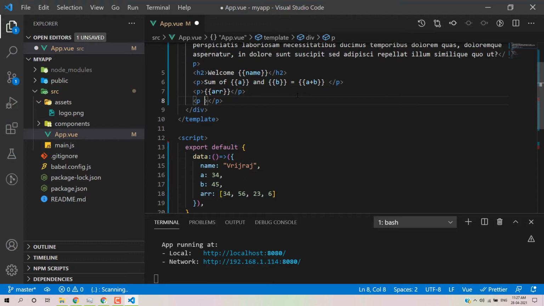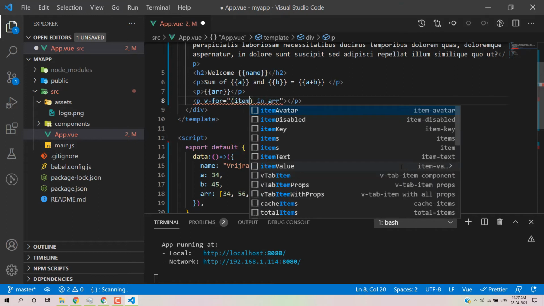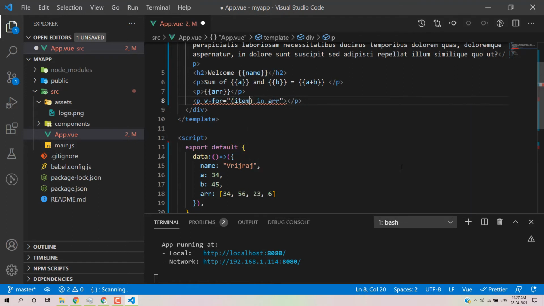Inside we have to pass two things: first, the array we want to perform the operation on, and then we get the item and the index. Basically this is the syntax, and we also need a unique key. My unique key is the index.